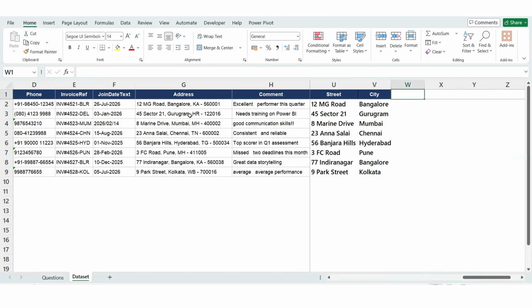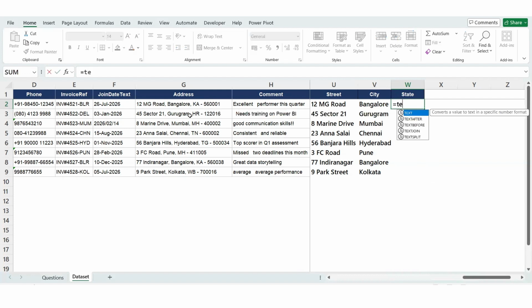Now, if I want to extract the information of KA, the state code, I have to add it. So let's give a try here. We're gonna write here state. There are two ways to do it. One is again with the MID function, and another one is you can even use TEXTAFTER. Here I'm just using TEXTAFTER because I have already shown you the MID function. I'm just selecting this text and the delimiter is comma. After the comma, what you needed,